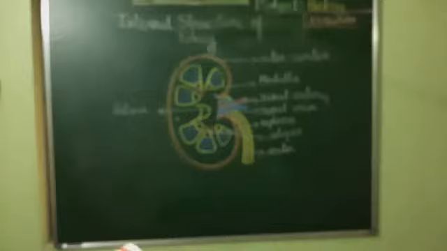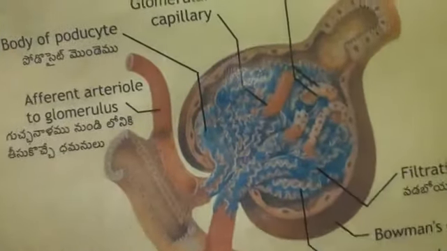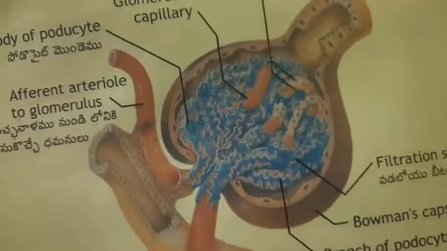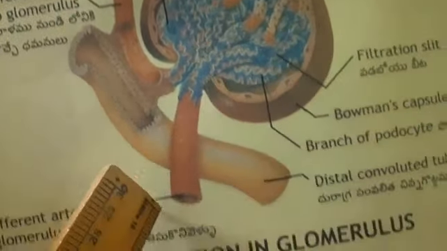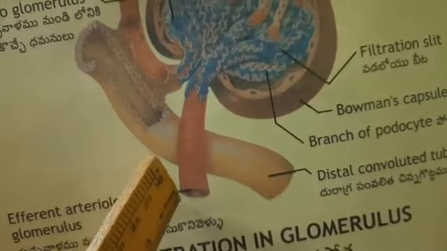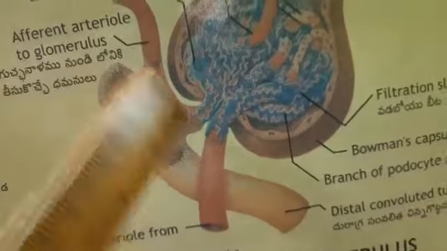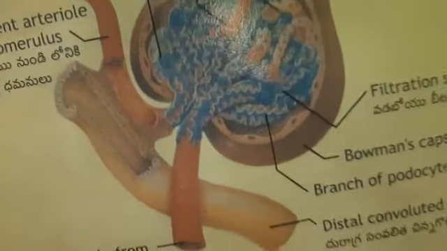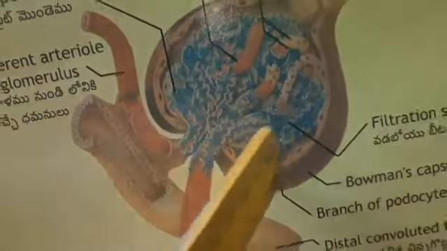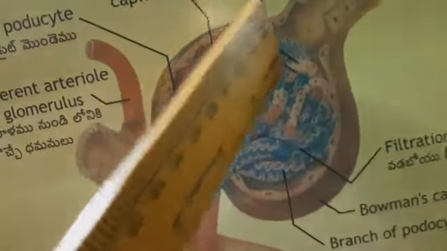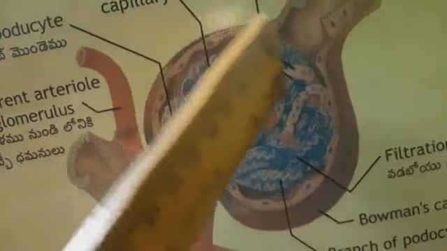See here, one more diagram is there. So that structure, once you see, then I will go to the tubule part. See here, can you all see very clear? Okay. Here you can see how it is entering. See this red colored one that is there. You can see this is the efferent arteriole that is coming outside. Okay, one is there, that is efferent. Efferent arteriole is entering into the glomerulus. So this is the outer cup-like structure. Okay, and inside that you can find this mesh-like structure, isn't it?